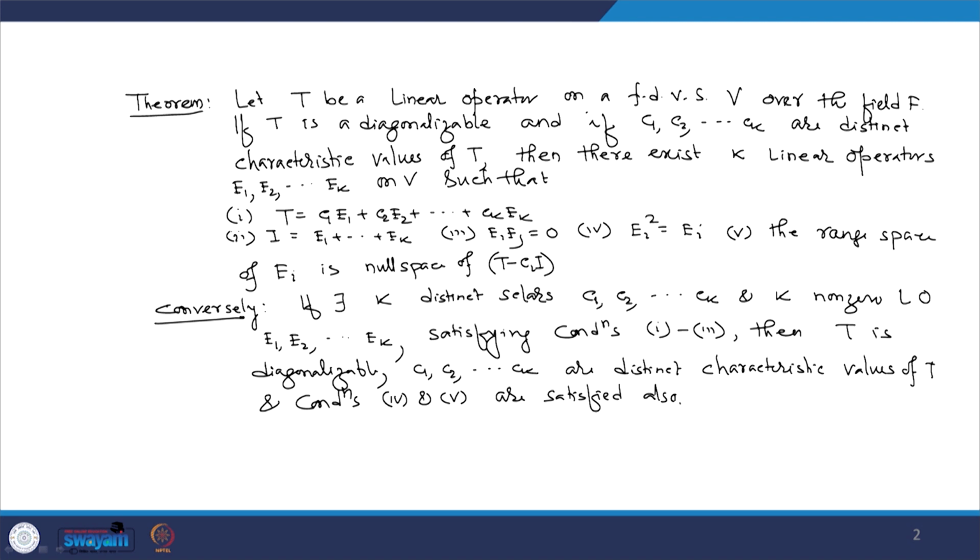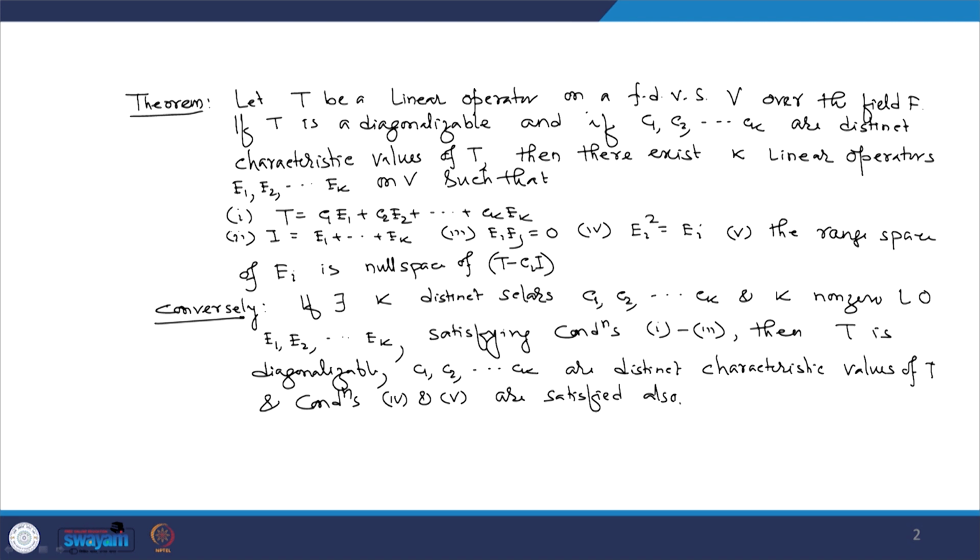So, let us summarize the result we did in our last lectures and also answer the questions which I raised at the end of my lecture. I am summarizing in terms of this theorem. Say T is a linear operator on a finite dimensional vector space V over the field F. If T is diagonalizable and if C1, C2, Ck are the distinct eigenvalues or characteristic values of T,